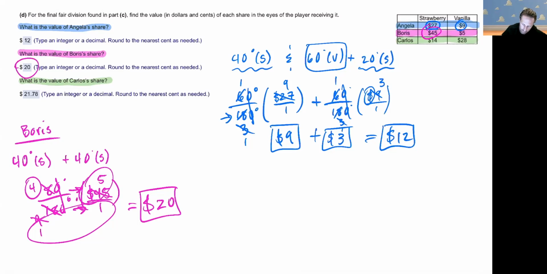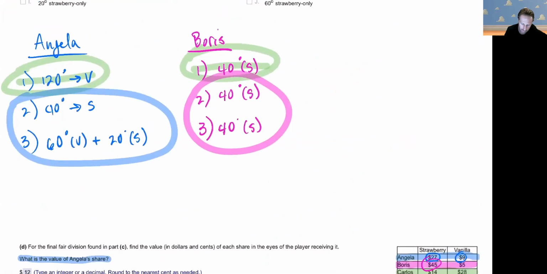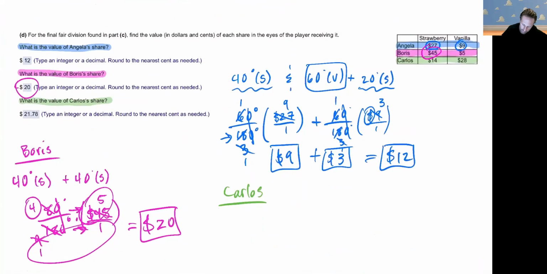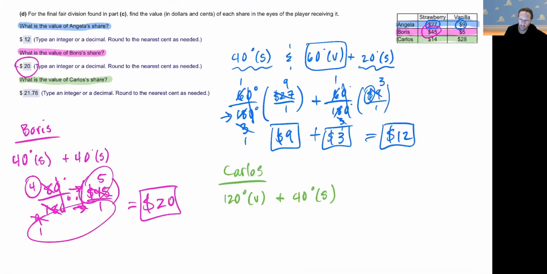That was for Carlos. You know, Carlos has several different parts. For Carlos, remember, he chose the 120-degree vanilla part, plus he also chose one of the 40-degree strawberry parts. Okay, so all we need to do is take what fraction of the whole that he valued here and here for each of these to figure out what he got. So 120 degrees of the vanilla